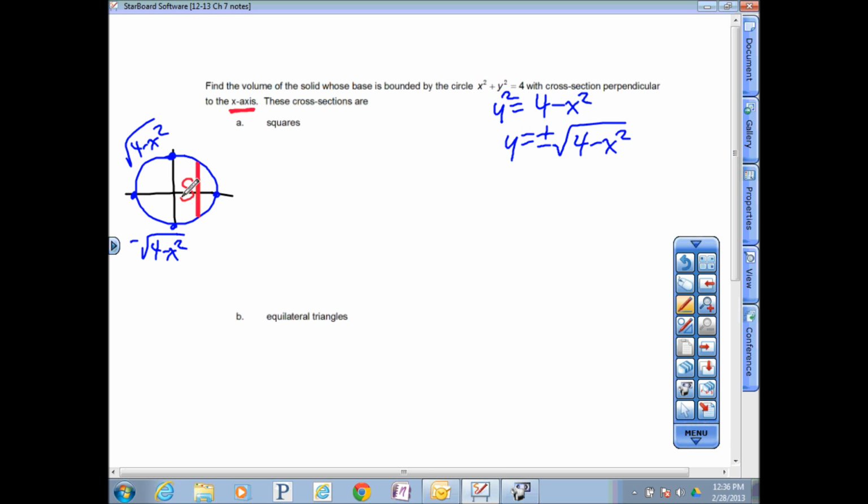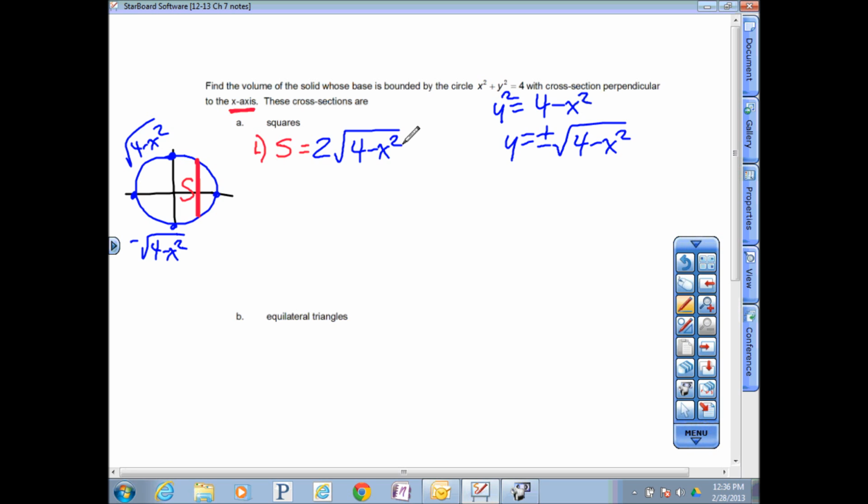So if x was 0, it would be really long. If x was close to 2, it would be getting small. So the length of S varies. So step 1, find S. So if I wanted to figure out what the length of S is, the distance from the circle to the x-axis would be the square root of 4 minus x squared. Looks like we'd need that twice. So how about 2 times the square root of 4 minus x squared for the length of that red rectangle